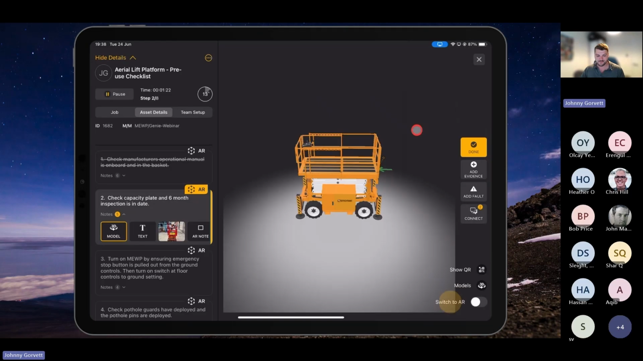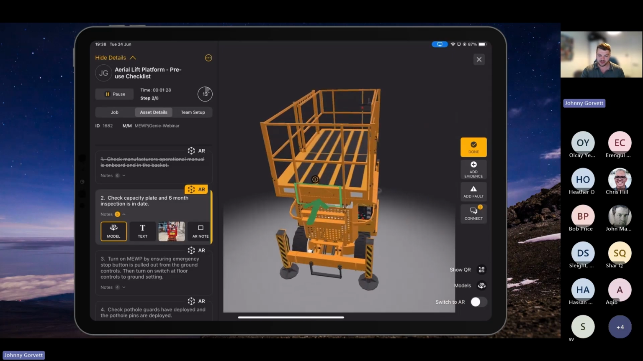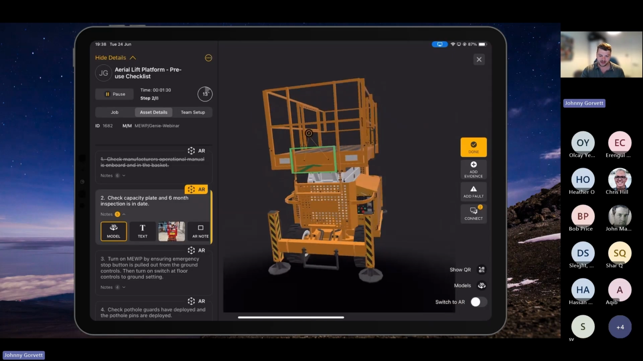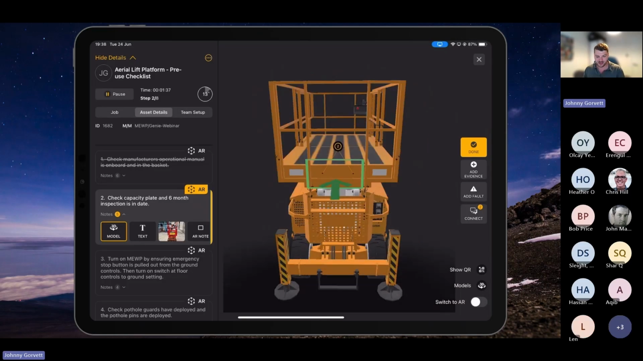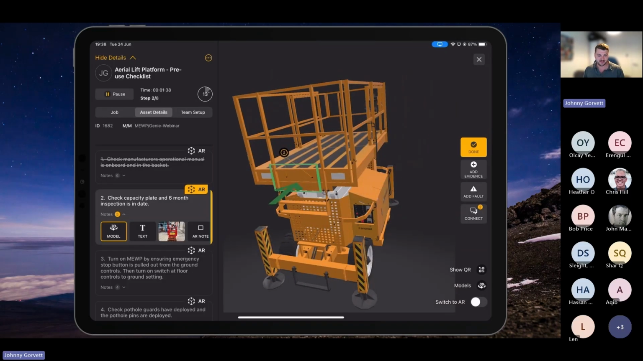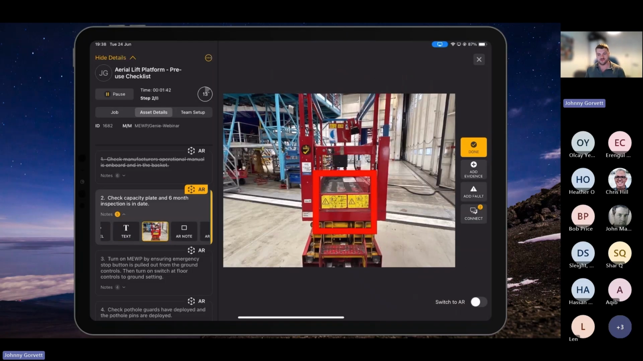And again, another 3D model is brought up, the same one, but I'm now being guided to a separate location. So I'm being guided to the back, which is where this step is asking me to check the capacity plate and the 6-month inspection plate. That's highlighting the back of the model, and I can simply open up the additional information here. So we can bring in these 3D models, and if I hit the done button,